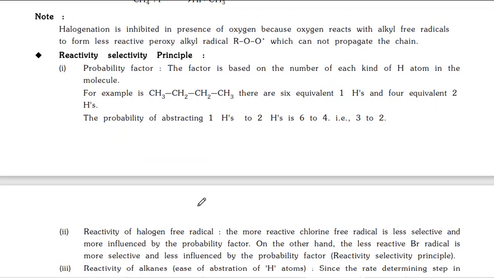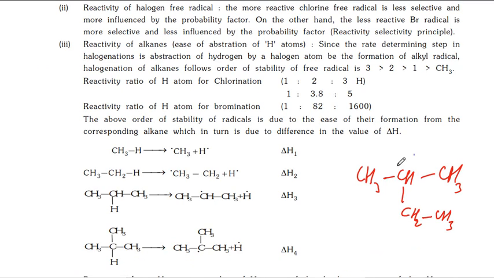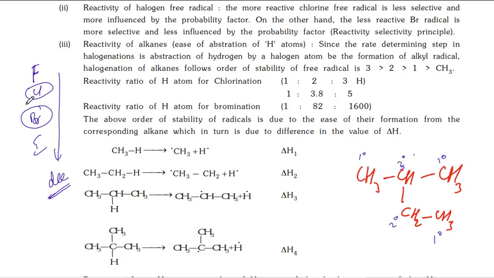Next, reactivity selectivity principle. Here, this is the primary, tertiary, primary, secondary and primary. Here we know that the reactivity of fluorine, chlorine, bromine, iodine is decreasing. So that means bromine and chlorine have very different reactivity. So chlorine reactivity is higher, so